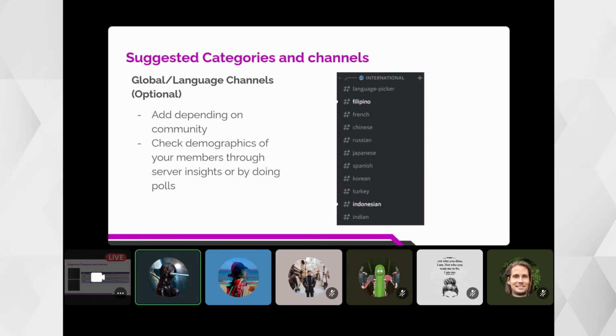So we can always set up these global or language channels for their benefit. Add these depending on your community, but always check the demographics of your members through the server insights function of Discord or by doing some community polls. You can check from the active members which countries they are coming from, so you can add their native language channels as well.